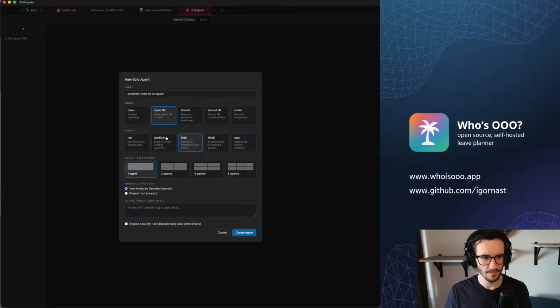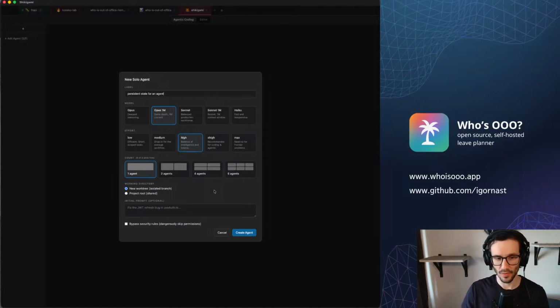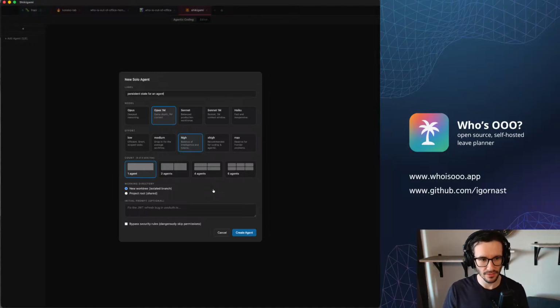Default model, yeah, by the way, sorry, I forgot to mention, so at the moment, Shikigami app supports only Claude, and it's built for Claude Code.